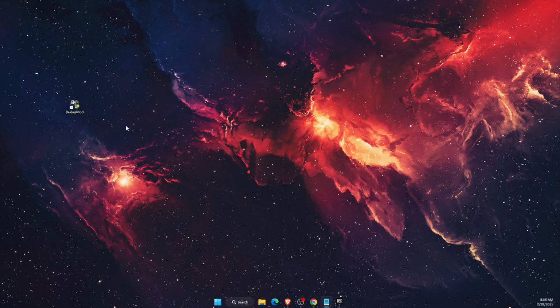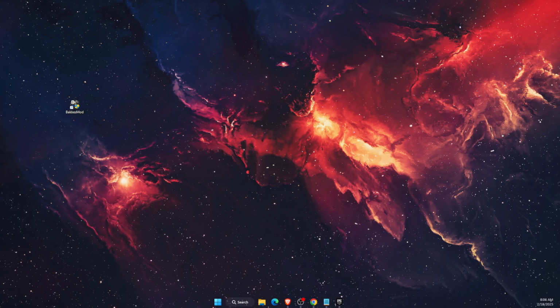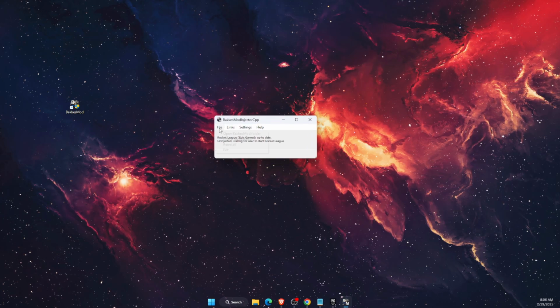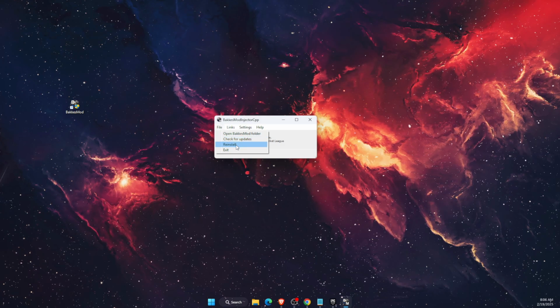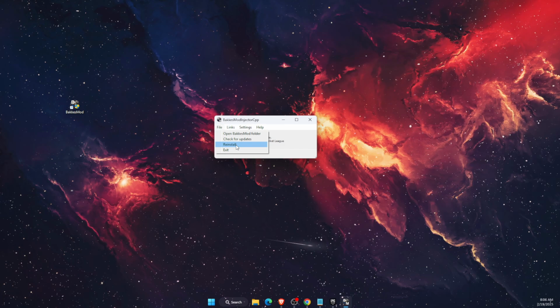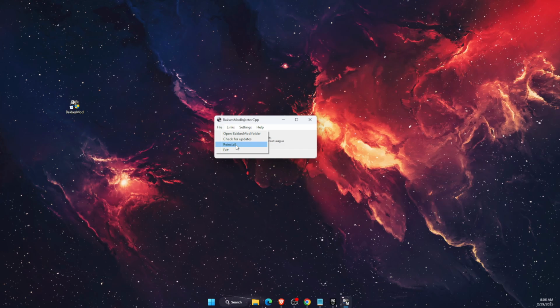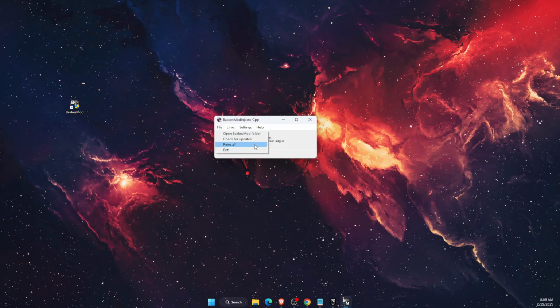So first of all, what you want to try out is go ahead and open up BakkesMod. After that, you will see this injector, and you want to go ahead and click on File and Reinstall. So basically this will reinstall BakkesMod and that should fix the problem. After that, you may need to re-download some of the plugins you have already installed, but basically this probably will